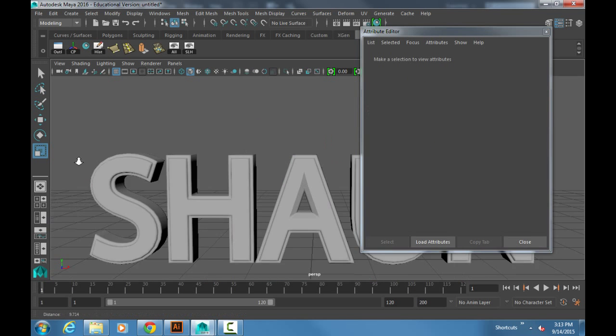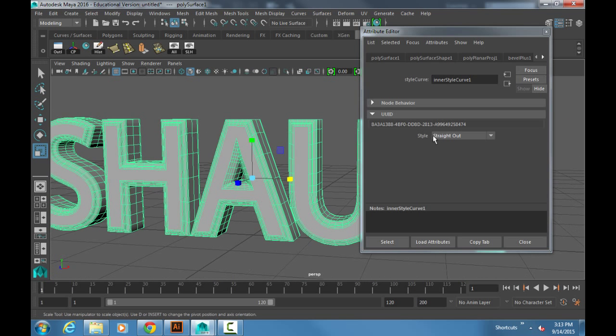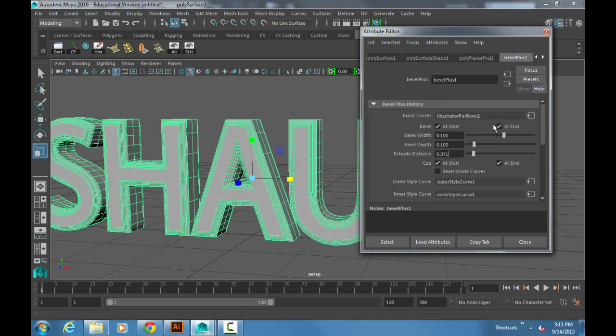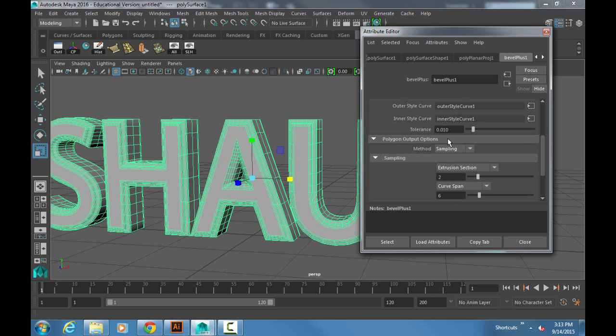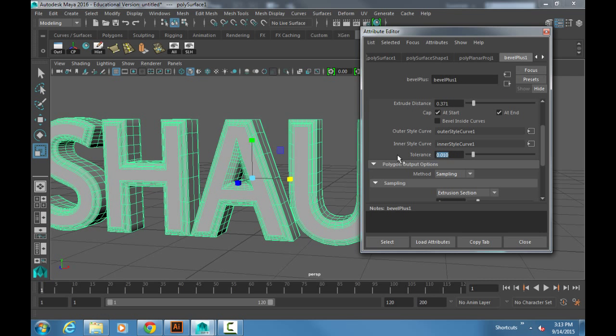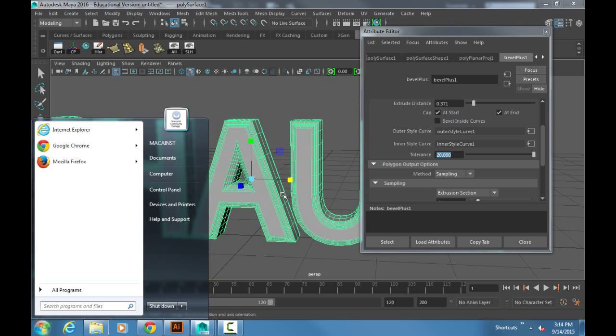Straight out would work. Okay. So that'll be sufficient for what I'm doing. All right. The next thing I want to do is go back to that bevel plus and go down to where it says tolerance. Anytime you see the word tolerance, it's basically how specific, how exact do you want the software to be. If this is set to something like 1, we're probably not going to see a huge difference, if anything. I'm not seeing any difference because it's pretty easy to figure out the solution for